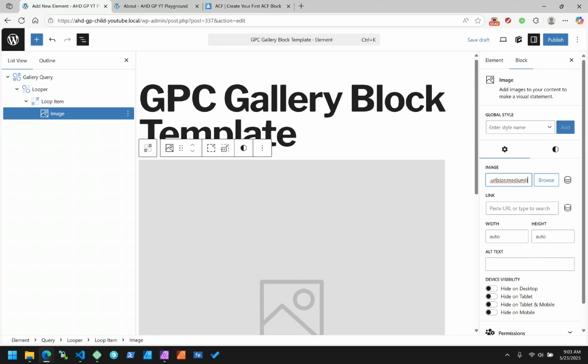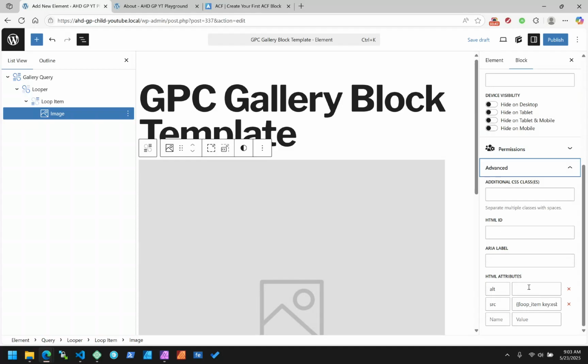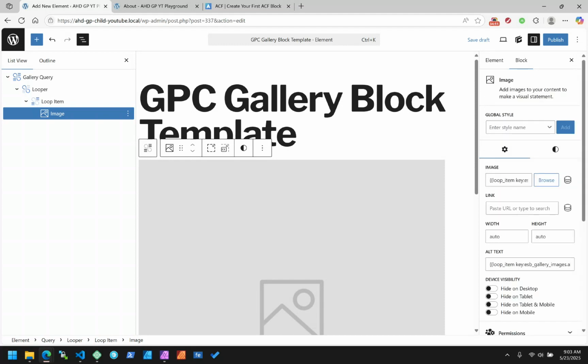Loop item source alt. You know, alt. We can do that. Instead of the URL, we're going to grab the alt, and I think we say required false, just in case. I think that'll work. That could blow up in my face. Okay. Now,